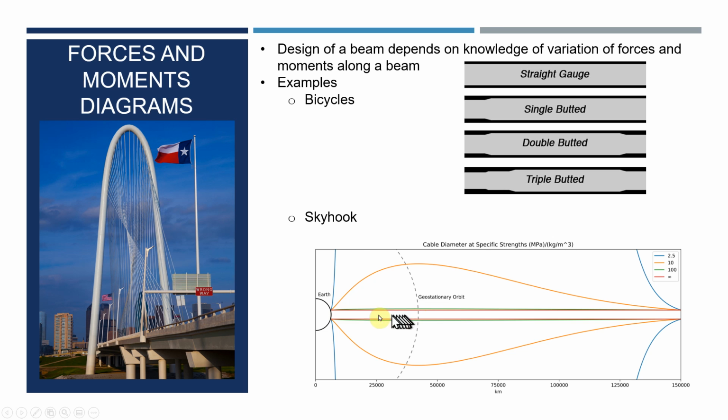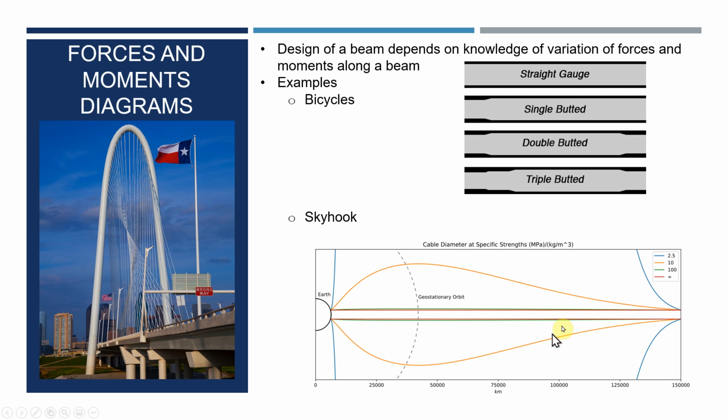And you lower a cable down to the Earth, and it's a space elevator. You can get objects from the Earth to this orbit, geostationary orbit, using an elevator rather than rockets. And it looks at constant stress, specific strengths, and that is how much strength does a cable have, and we're going to keep the stress constant as we go